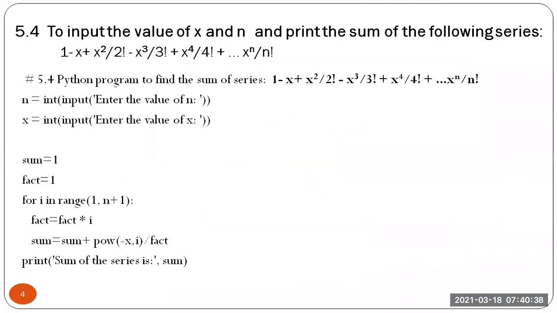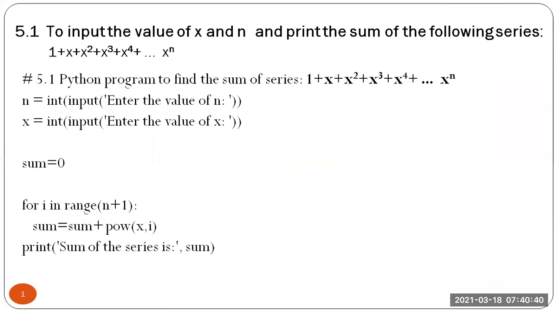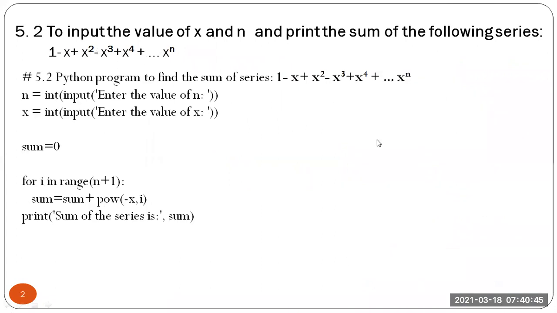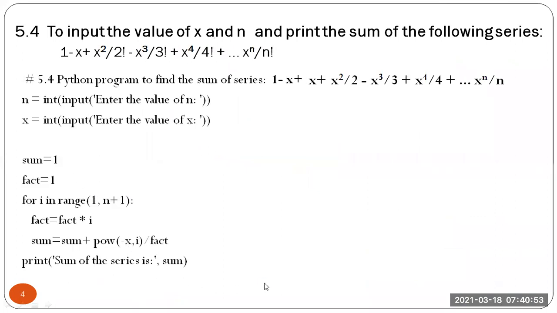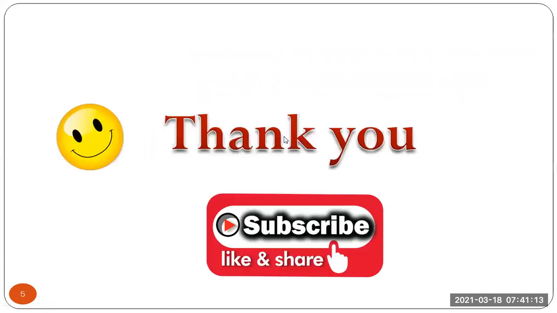So this is a program for the fourth series. If you observe the first program and the second program, only you have entered a minus x over here. Here we have included 1 over here, and then accordingly here sum is equal to 1, fact is equal to 1, and fact is equal to fact into i. Okay, you can check the value of tables. So I think it is very clear.